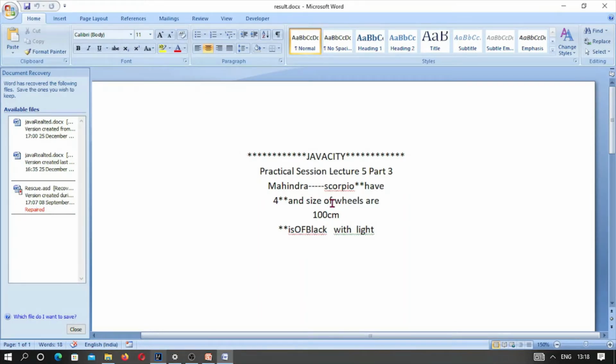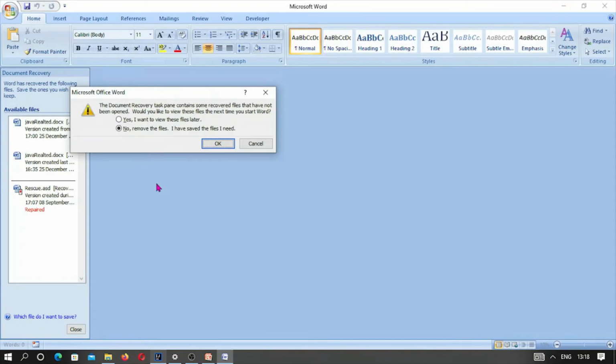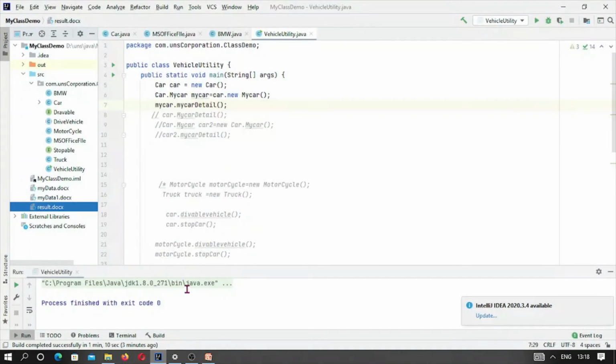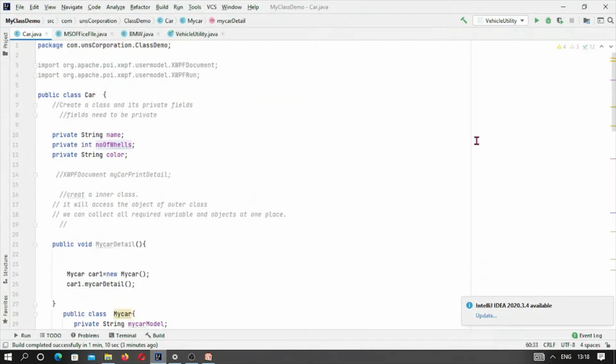This may be decorated. Okay, so what next? Let me go ahead and try to make the inner class private. I want to see these files later. So you can see the outer class can't be created private. What will happen? Let us see. If it is private, there is no meaning of this class. Very clear to understand. So this inner class may be kept private. Okay, let us see.